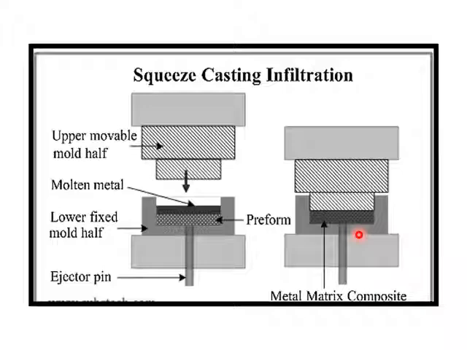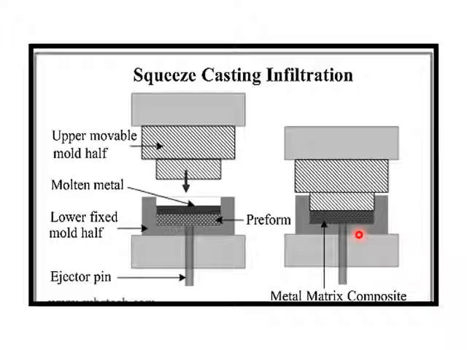Enhanced mechanical properties, because the grains are related to rapid solidification, and we are going to get a small grain size. Smaller size grains lead to higher strength. And the whole product comes in contact with the mold surface, so we are going to get a very good surface finish also.